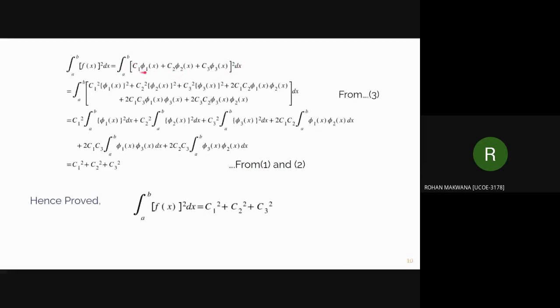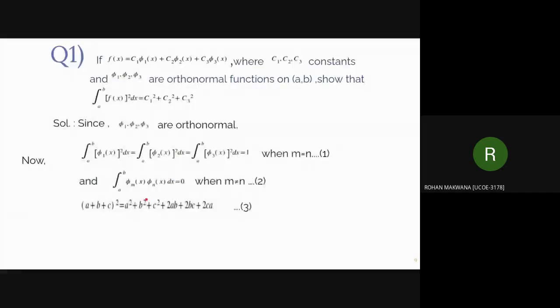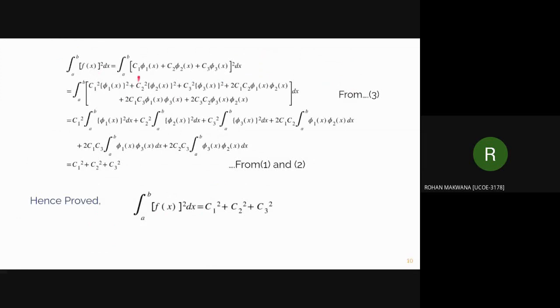If we observe, we are getting the (a plus b plus c) the whole square identity. So what's (a plus b plus c) the whole square? It's equal to a square plus b square plus c square plus 2ab plus 2bc plus 2ac. So we'll expand it accordingly. Here a is equal to c1 phi1(x), b is equal to c2 phi2(x), and c is equal to c3